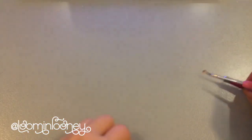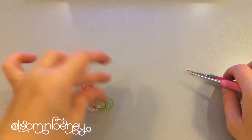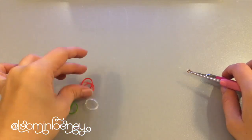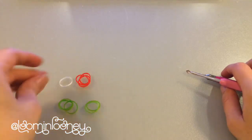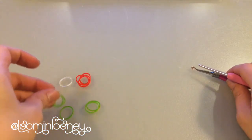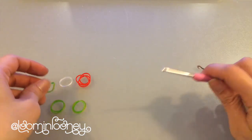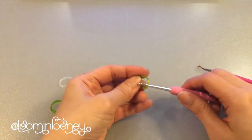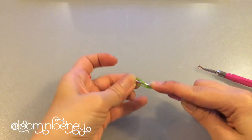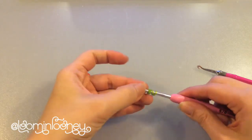Let's start with the garnish portion, and you'll only be needing 3 pieces of red for your cherry, 1 clear band, and 5 green bands for the leaf. Now you take your hook, crochet hook or a loom hook, take 1 green band, wrap it around your hook 3 times,